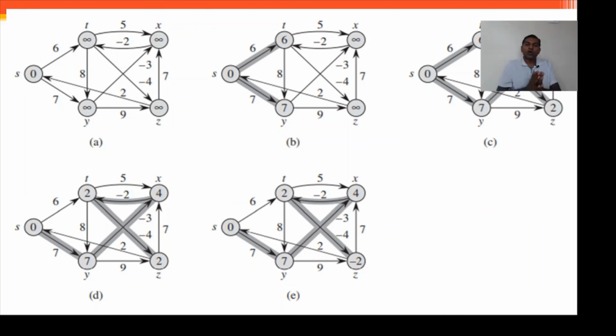Again, all the edges have to be relaxed, n minus 1 number of times. If we do that, finally we'll get the final solution. The outcome of the Bellman-Ford algorithm is true or false. True means that we can get the proper output. False means we will not get it, because the graph will not support this algorithm. So this is what the Bellman-Ford single source shortest path algorithm is.